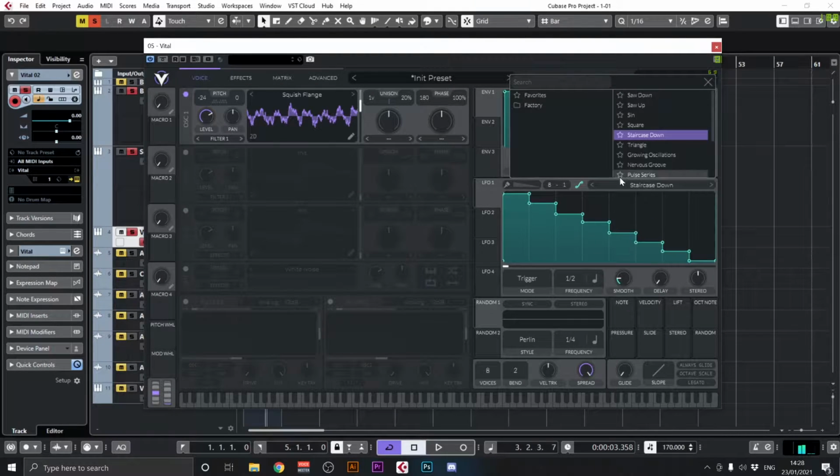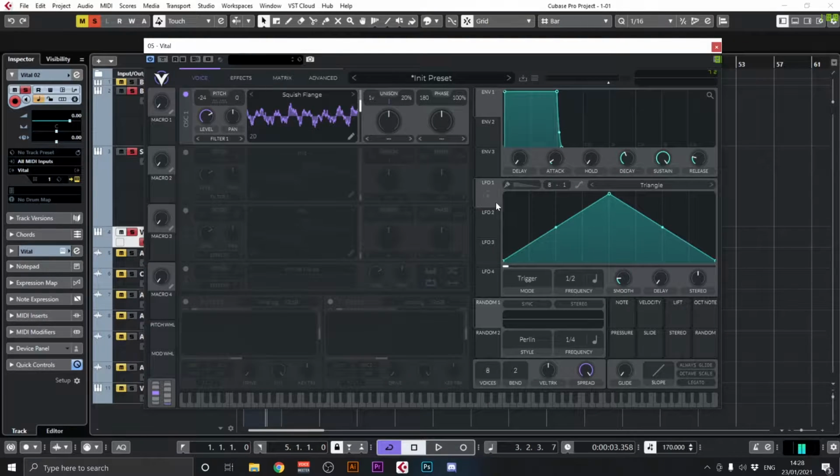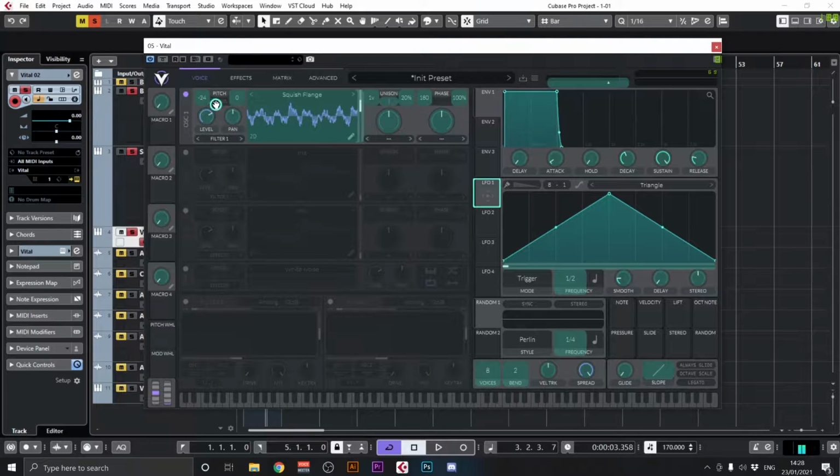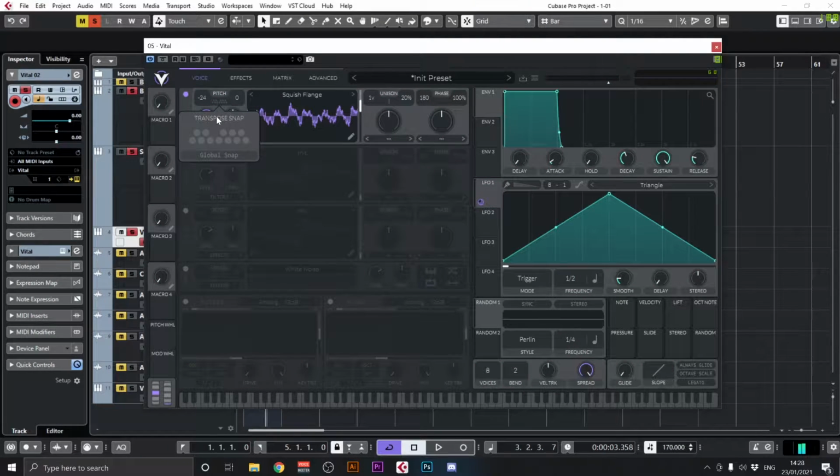You can use this feature on anything. So the most simple one would be a triangle. So let's go with that. If you take that triangle and put it on the pitch, and then you go to transpose snap, this is basically all your notes. So whenever you click any of those, this is corresponding to the intervals and not, this is not a C. This is just like the first note of any scale, and you can punch in the notes of your scale. So if you're in minor, it would be, for example,